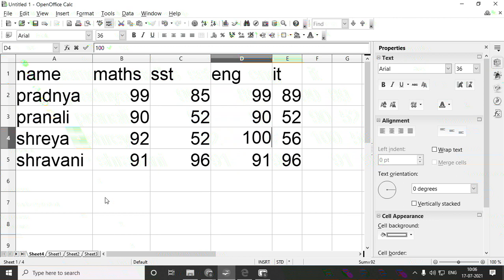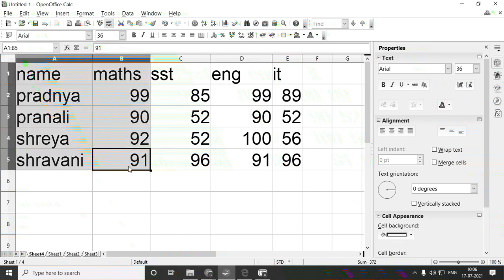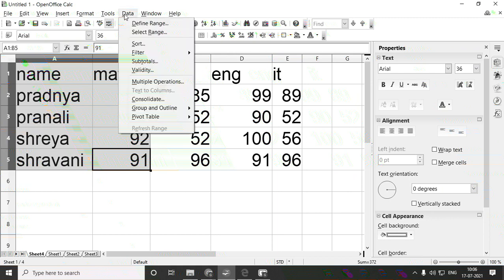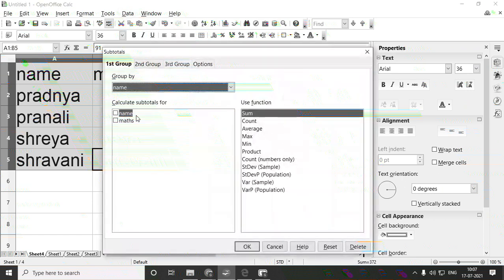Now for subtotals I want the total marks which Pradnya, Pranali, Shreya and Shravani got. So first I'll select only this and find only the maths subtotals. Just click on tools, data, subtotals.